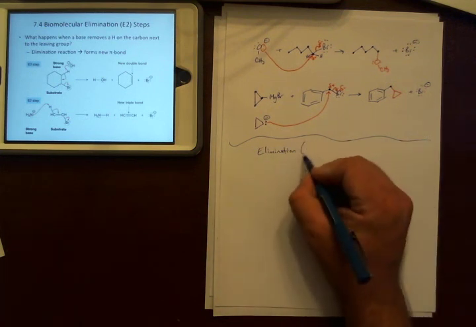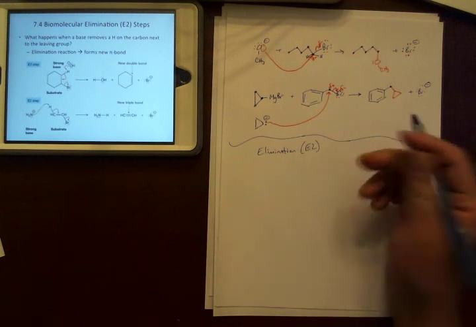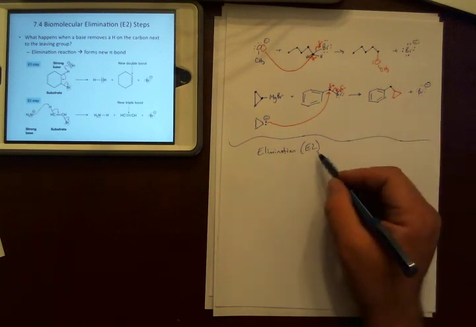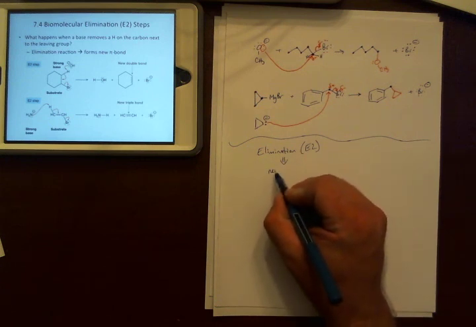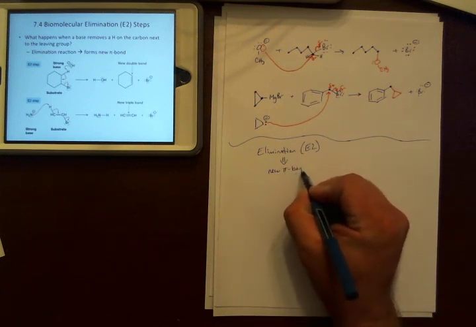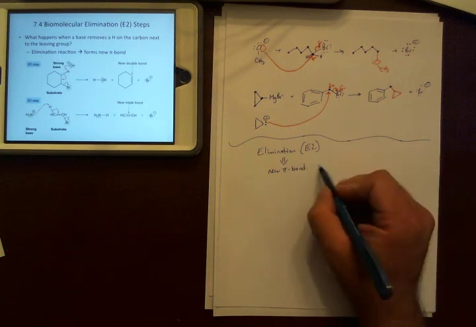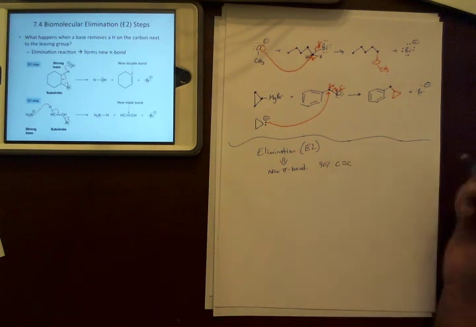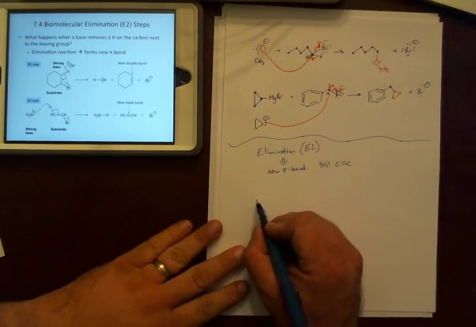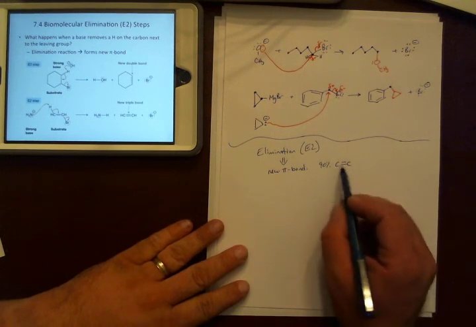Okay, and these are typically going to be E2, or there's also the corresponding E1, stuff like that. But when you see this, you instantly need to think new pi bond. Okay, and 90% of the time, it's going to be a new carbon-carbon double bond. Now, the way this works is, you need a leaving group, but